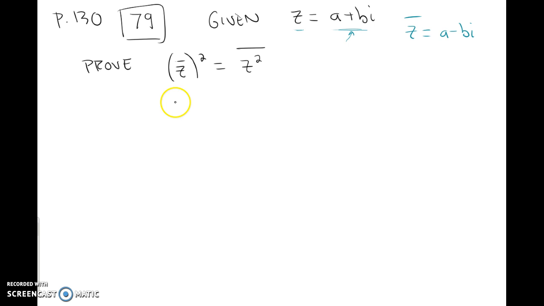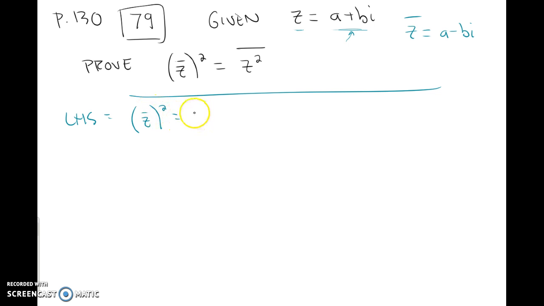So to prove this, I'm going to start with one side, and I'm just going to work it until I get the other side. And I don't think it really matters on this one which side I start with. I guess I'll start with the left-hand side. So here's my proof. I'm going to take the conjugate of z, and then I'm going to square it. So substitute in z. Z is a plus bi,